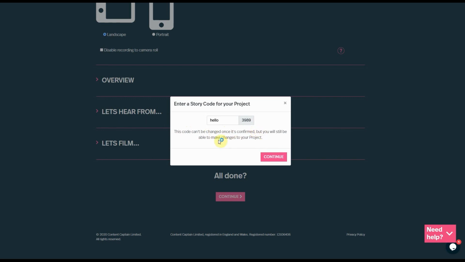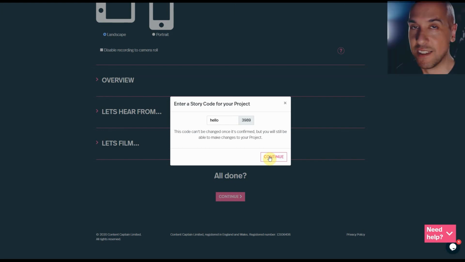Now you'll still be able to change the project itself, you'll be able to add more stuff and edit what's there, but the code remains locked after this point, so be certain you're gonna go with it. Also remember, you're not using your live project allowance until you put this project live in the next step. So you can go through this process as many times as you want and create as many draft projects as you like. Okay, there you go.